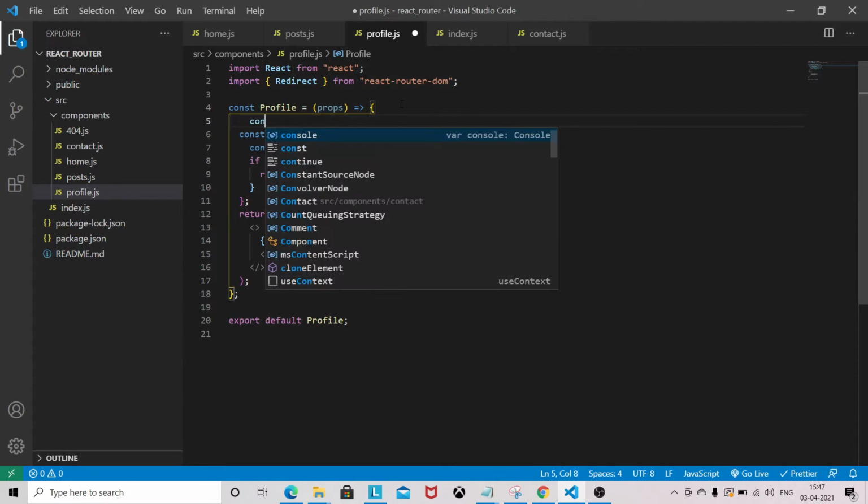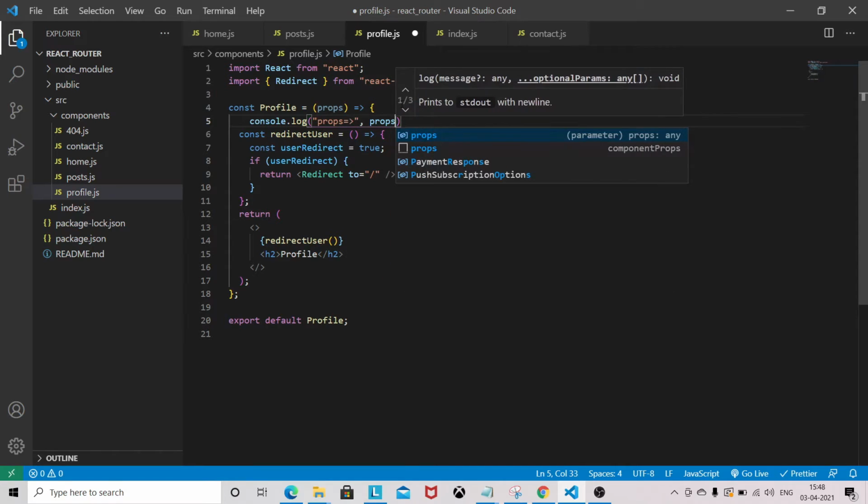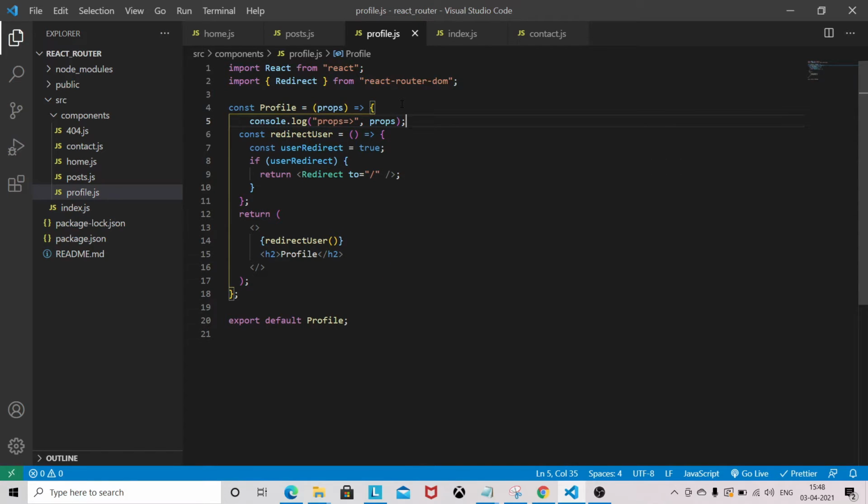Since this route is registered, we can use history.push. Let me show you. For now I will comment this one and this one.